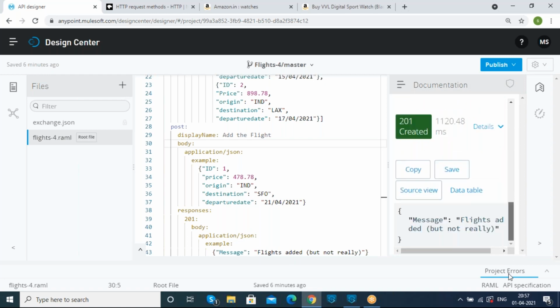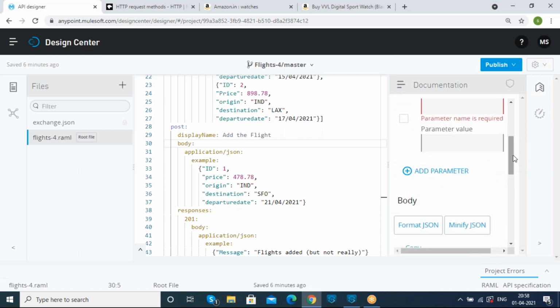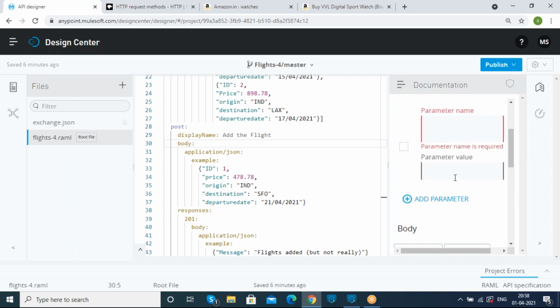Since this post method is used to display the message as a response, there is no need to provide the header values here. But if I want to add the header for the post also, I can add it, right? It will allow, right? Yes, you can add. As I had shown you, the parameters here: parameter name, parameter value.